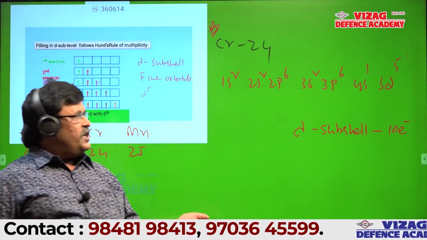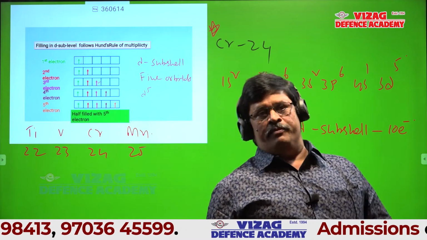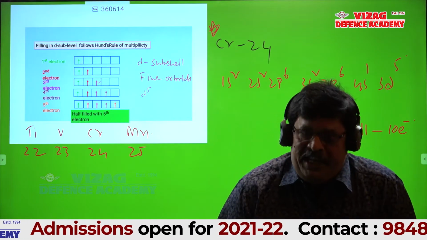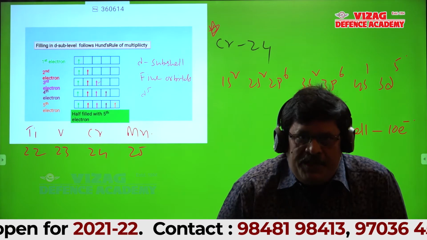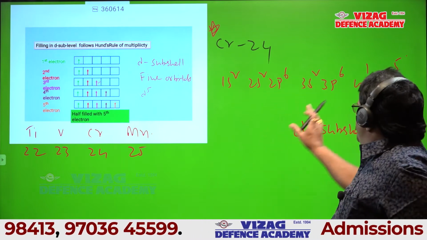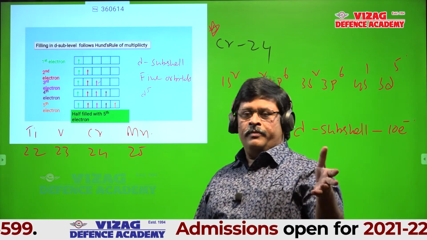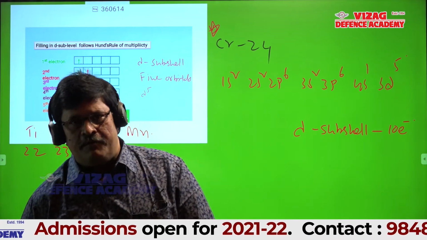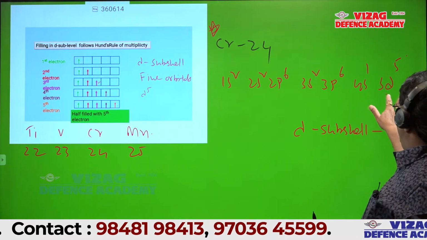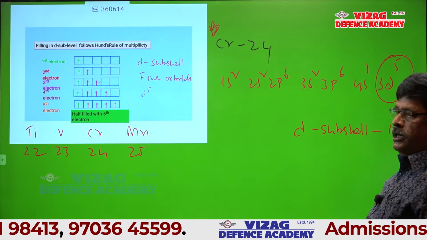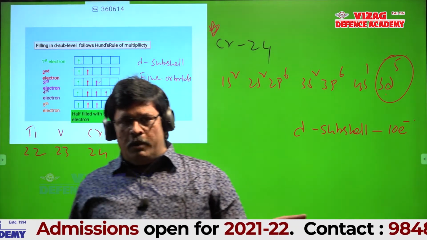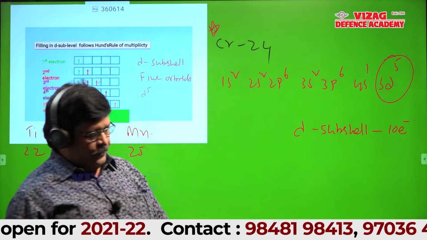Actually, the extra stability for chromium is explained by Hund's rule using the concept of exchange pairs. That we'll discuss in the atomic structure topic on another platform. Just you should know the configuration of chromium: 1s2, 2s2, 2p6, 3s2, 3p6, 4s1 3d5. There is an anomaly in the configuration of chromium. Right now, the only simple reason is that completely filled or half filled orbitals are more stable. That is the reason why instead of 4s2 3d4, the configuration of chromium is 4s1 3d5. Is it okay, students?